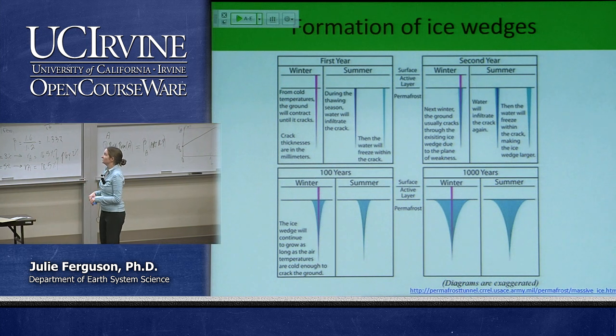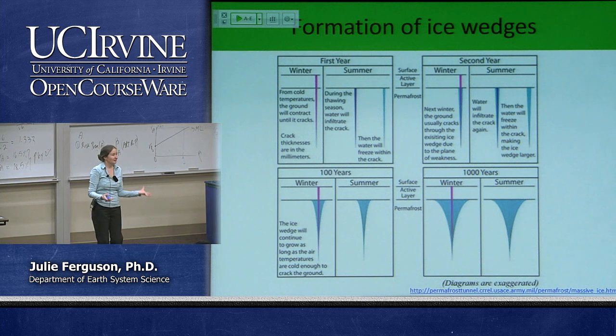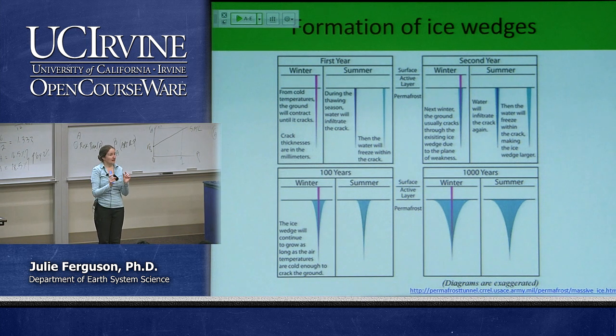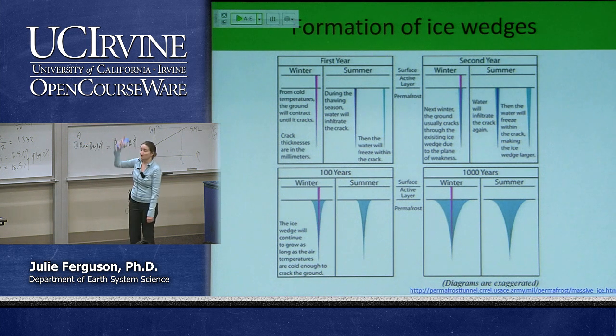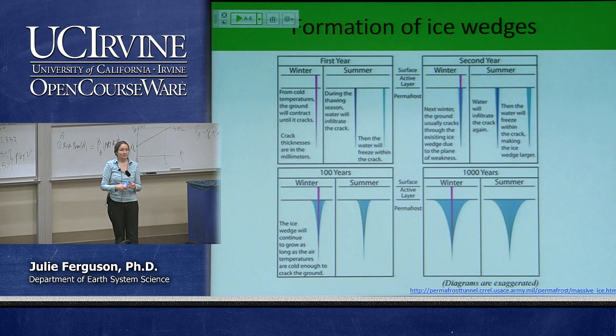So in my first year, it's the middle of winter, it's really cold, and so that land or the soil contracts, and it sort of forms this crack in the soil, where it's so cold that it contracts, and it forms this little space. During the summer, when we have lots more water around, water sort of comes in and fills that crack. Okay? In my second winter, if we move on to the top right, then because that crack